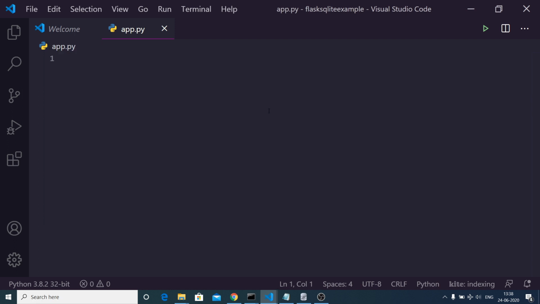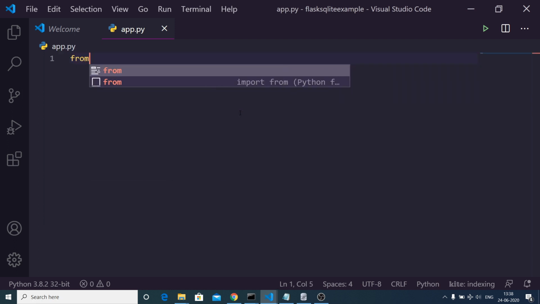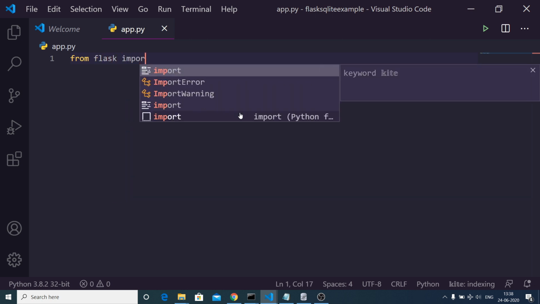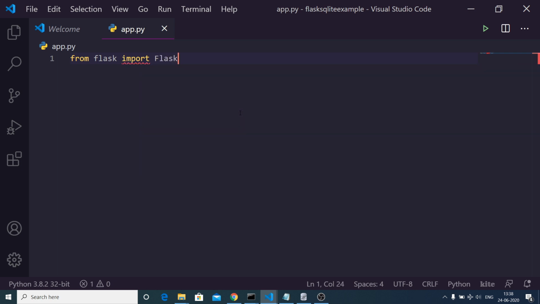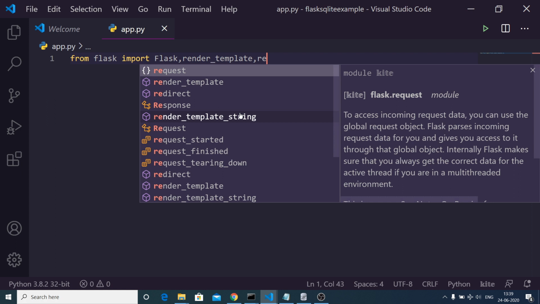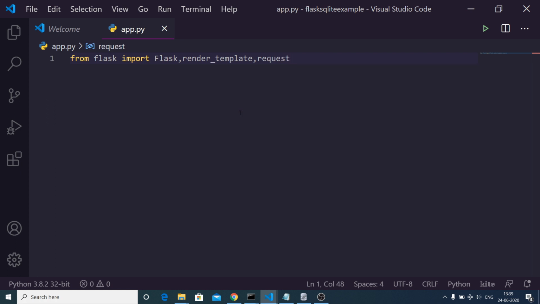After this, in order to import Flask, from flask you need to import the Flask library, and also some other things. We need to import render_template and the request library. We also need to import the SQLite library, which is import sqlite3 as sql.